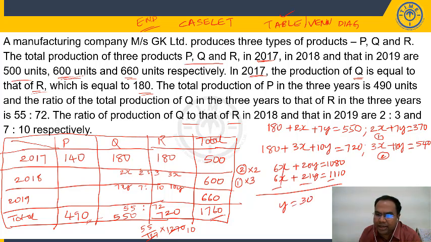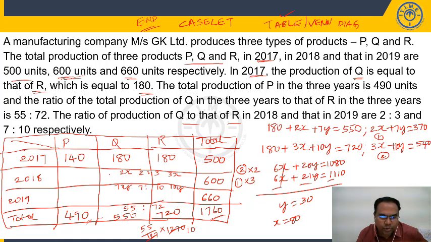If y is equal to 30, x is equal to 80. Y is equal to 30. Substitute here, 600, y is 30. 1080 minus 600 is 480, you can take any equation. 480 by 6 is 80. So we clearly know that x is equal to 80.